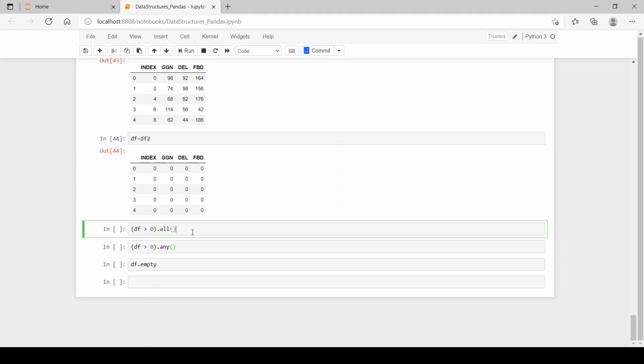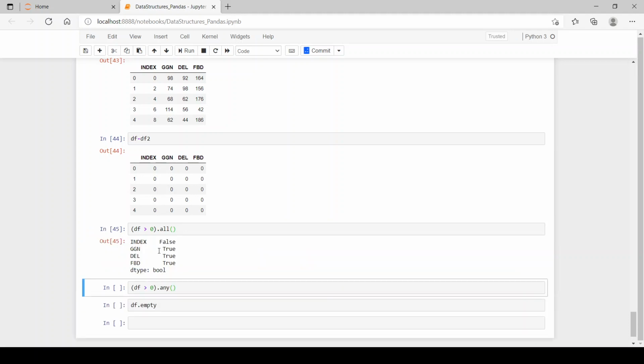Here the .all method checks if all the entries in a column are greater than 0 or not. If they are, then we get True, or else we get False. We get True for Gurgaon, Delhi and Faridabad as all the values are greater than 0.